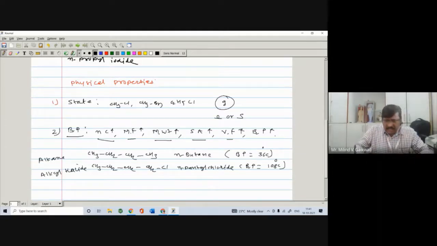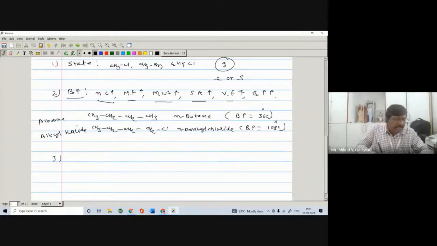If you take another example, number 3, suppose you have CH3, then CH2, and here is the Cl, right? Then CH3, CH2, and here is the Br, and CH3, CH2, and here is the iodine. In all these three, the number of carbons is the same, but the halogen is different. One is chlorine, the other is bromine, and the third is iodine. Experimentally, the boiling point of these compounds is found to be